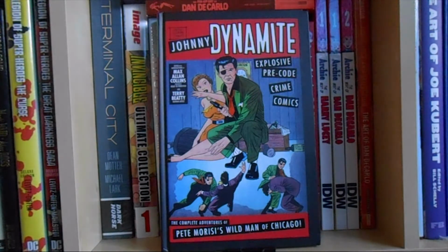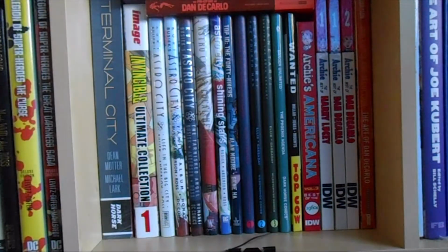The intro by Max Allan Collins in particular is a few pages long. It's very informative, with a lot of interesting tidbits about the era, the hard-boiled detective genre, and how the writers and Pete Morisi worked on Johnny Dynamite. So a cool book. And a few days after I bought this book from Amazon, I went into a comic book store that I don't usually go to,